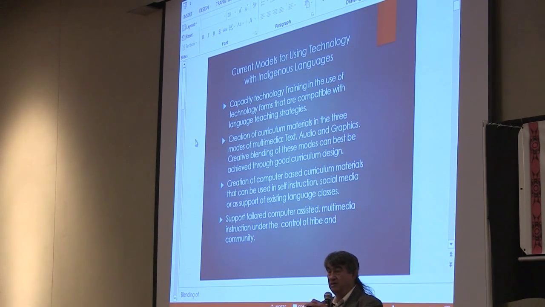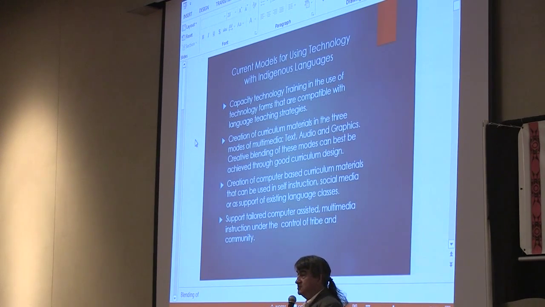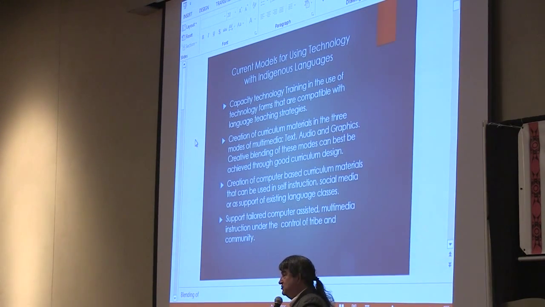For a long time, that was very expensive to do, because that really required a lot of focus on computer programmers and a variety of other kinds of technical assistance. Again, that expense is something that a lot of tribes, a lot of communities just don't have access to. But I have to say that within the last few years, technology has advanced to such a point where if someone puts in the time and energy and effort, usually young people, younger college students, are game for this.